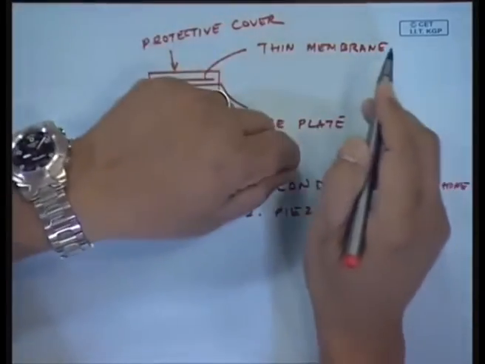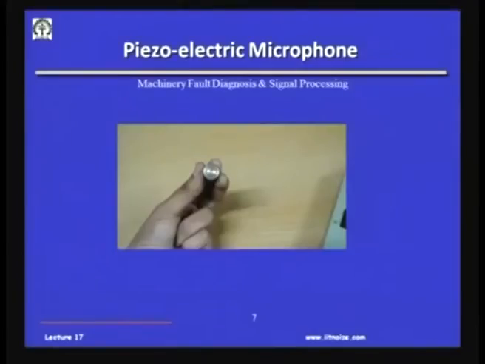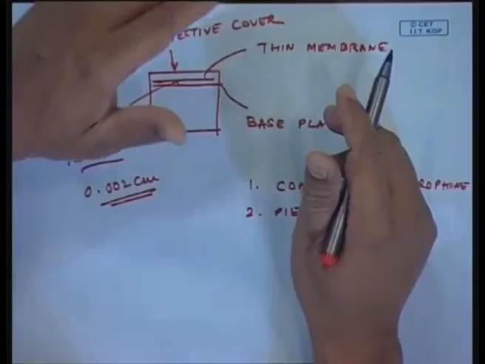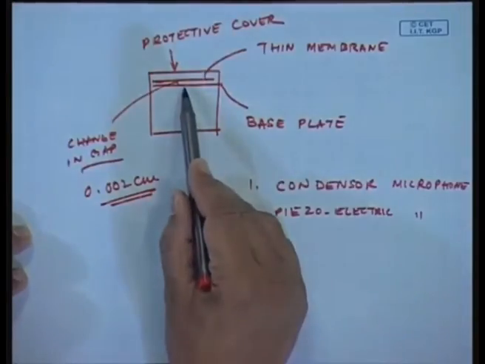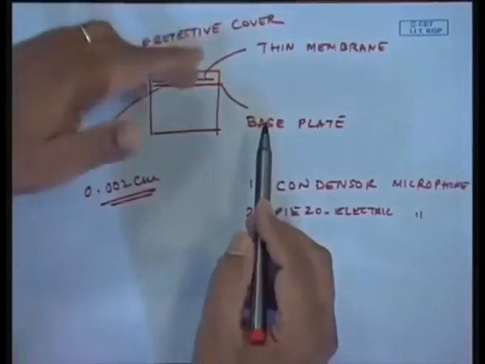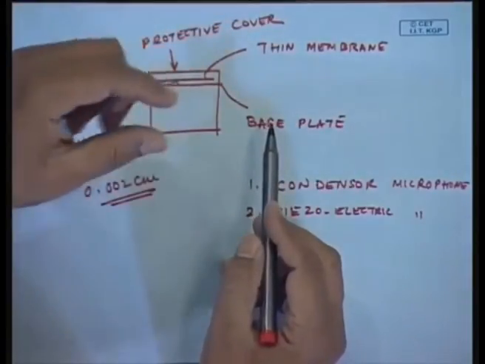Thus, I will get a charge or voltage which is proportional to the motion of the diaphragm. That is the condenser microphone. But in a piezoelectric microphone, we have certain piezoelectric crystals connected to the base plate. Because of this motion, the piezoelectric crystals will have a deformation, and that is why they will have